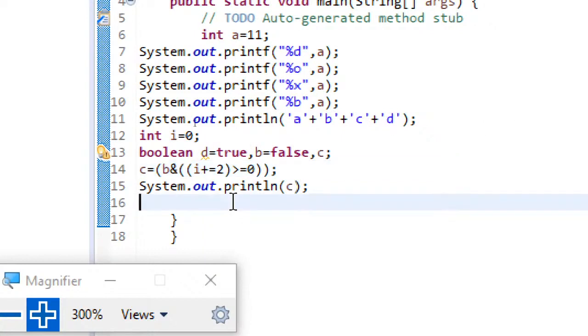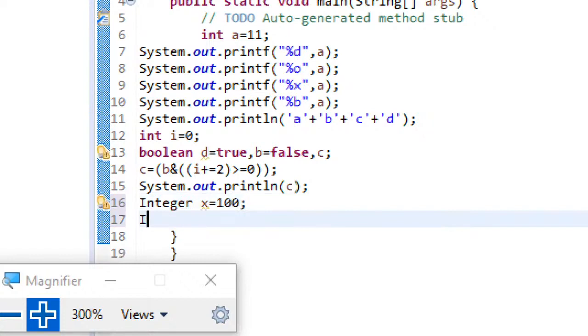And one more point: Integer x equal to 100, Integer y equal to 100.